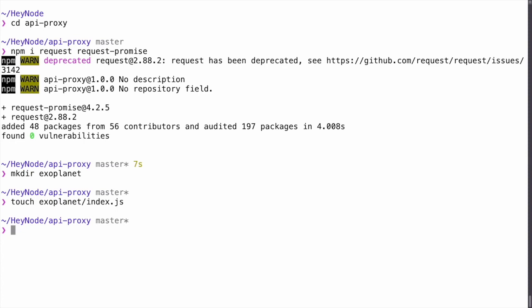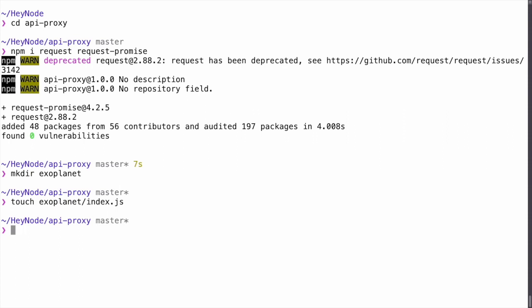To be clear, it's not necessary to use the module name/index.js convention of creating modules in a directory. You could create a file called exoplanet.js at the root of the project and require it in the same way as above. We've used the directory approach mostly out of habit, but putting your modules into their own named files is completely valid as well.